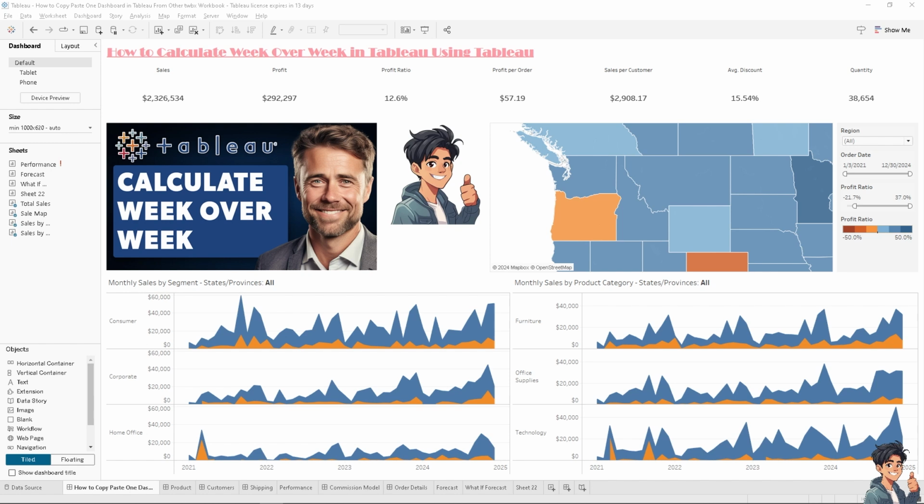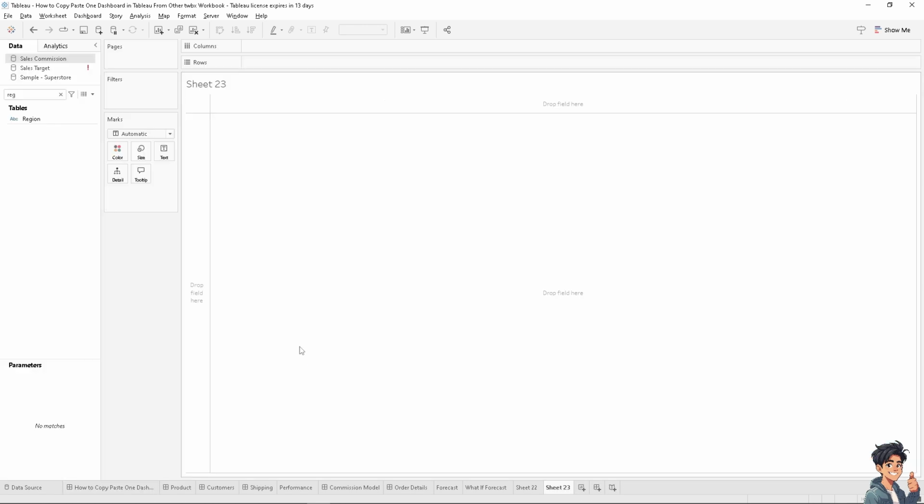Calculating week over week or WOW change in Tableau involves comparing metrics from one week to the previous week. This can be done using a combination of calculated fields and tables here on the Tableau dashboard. Okay, so I'm gonna click on new worksheet here. And then let's start by dragging in some quantity here